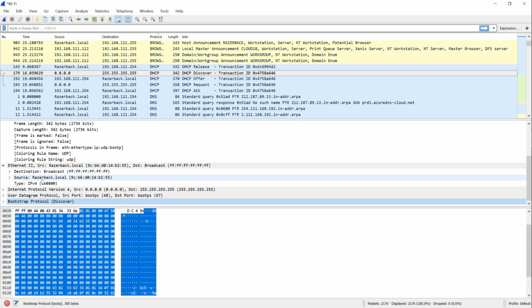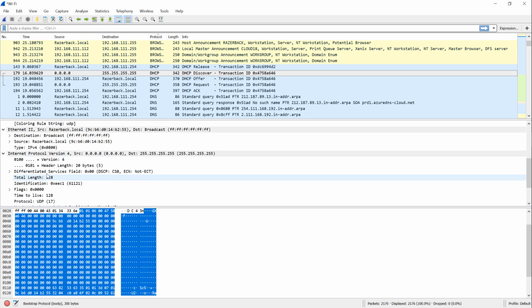Because we're using Ethernet, we're using IP version 4. Here we're doing a broadcast. Our source is blank because we don't currently have an IP address. Here we're doing a broadcast because we're using 255, saying hey, trying to get the attention of the DHCP server,